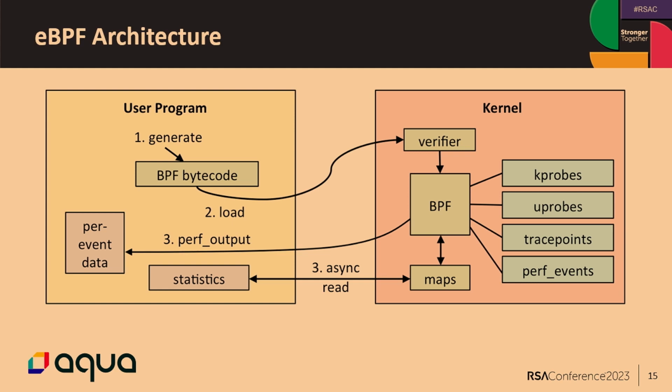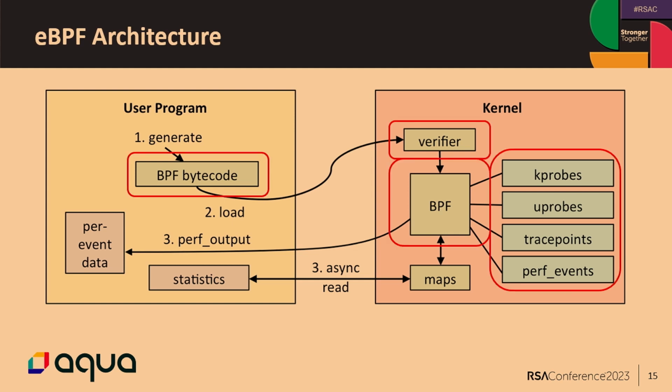Then the program is loaded into the BPF sandbox, and it's using kprobes, uprobes, tracepoints, and other probes on the system. Those probes are the hooking that we mentioned earlier. This is what allows us to hook onto certain functions in the kernel and in the user space, and allows us to know what's happening on the machine. The bottom part, the maps, is a communication channel between the kernel component and the user component of the eBPF. We'll be talking mostly about those parts, but we're going to see it in the next slides.